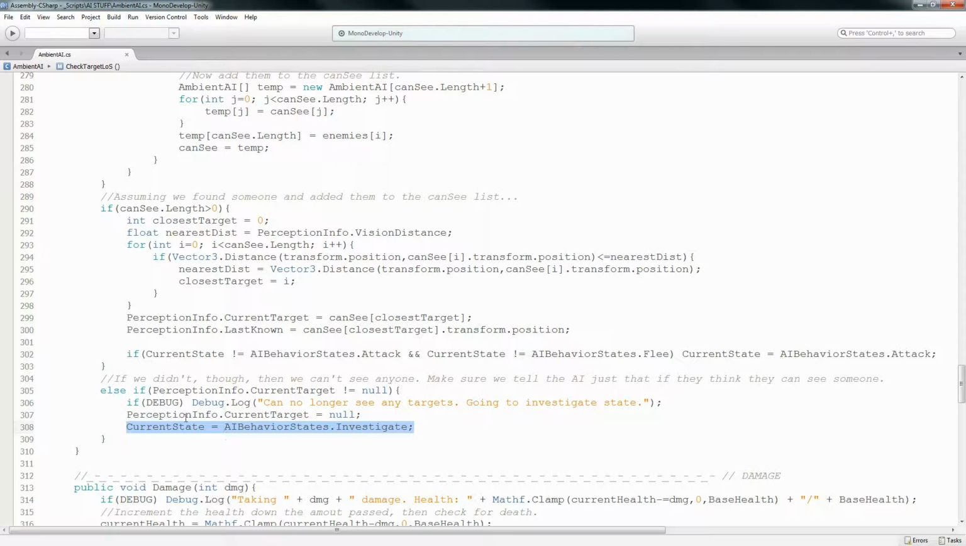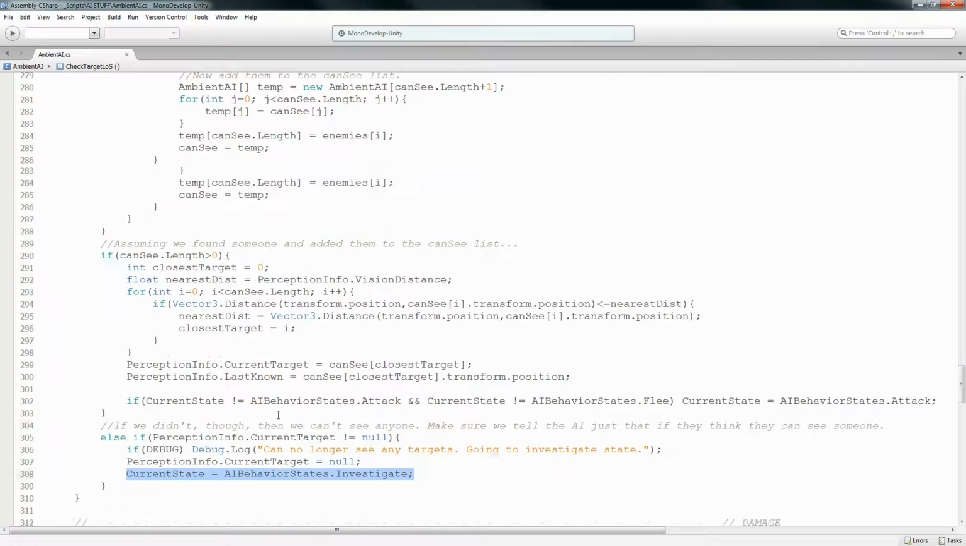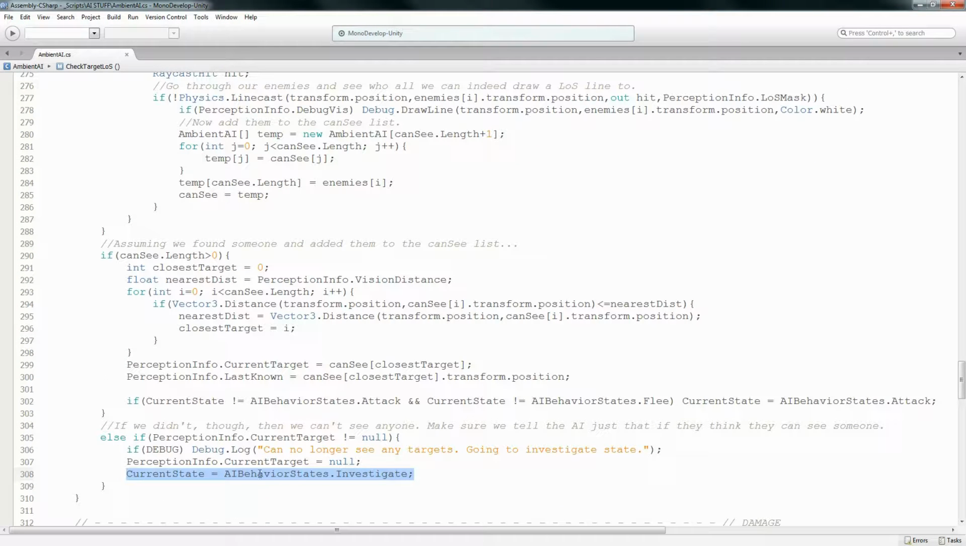I forgot about that. This is basically saying that, hey, I see someone. Now I don't see them. I should go look at where they were. It's essentially the same thing as the pursue state check that I had going on, but for just seeing someone and then not seeing them. It's not redundant because you could be